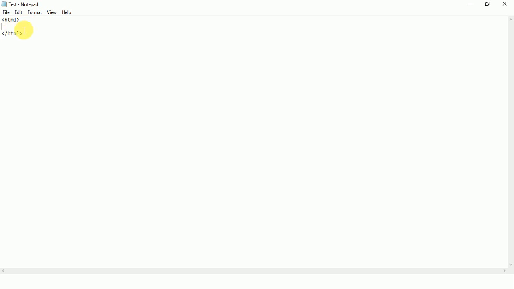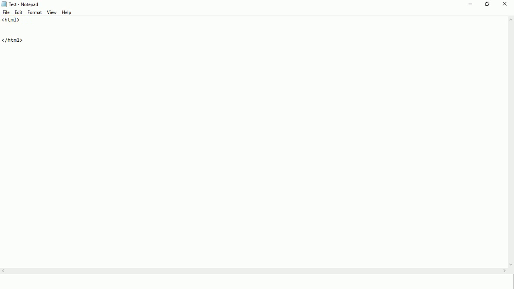It is compulsory: every time you open a tag, you must close it, and between the tags you write the main parts. The opening tag of HTML is written between these angle brackets, or you can say crocodile brackets.